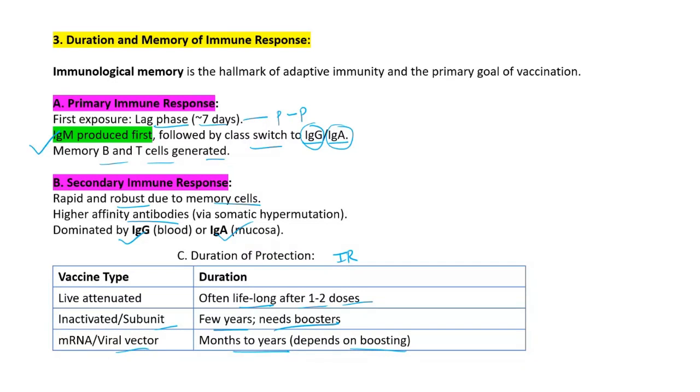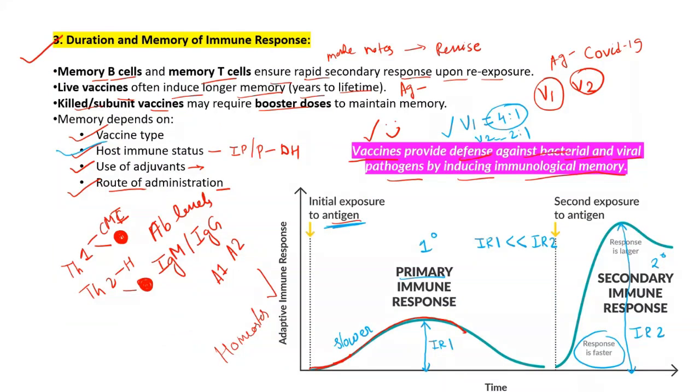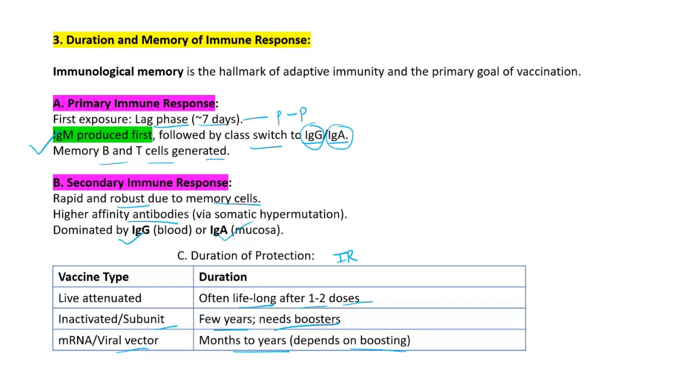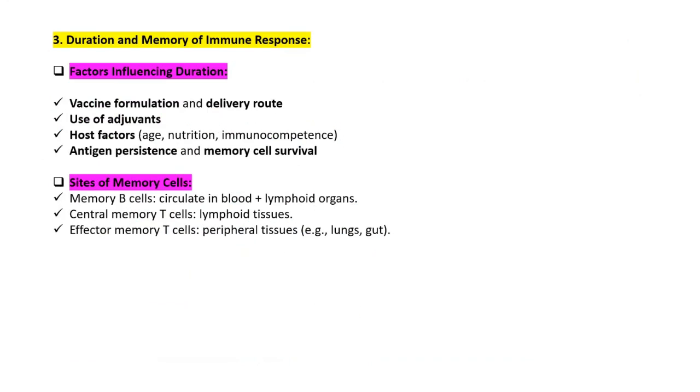So you have to remember कि कब first line of defense activate होता है, कब primary generate होता है, कब secondary generate होता है, and also you can say that these factors are going to influence the overall thing, like vaccine formula factor influencing the duration, vaccine का formulation and the delivery route, use of adjuvant, host factors like age, because older age people will always have low immunity, nutrition, what type of nutrition you are taking, immunocompetence, means if you are immunocompromised, or if you are a person who has a very highly active immune response